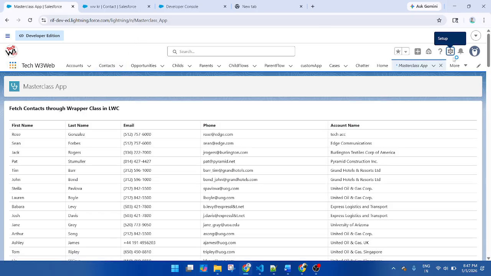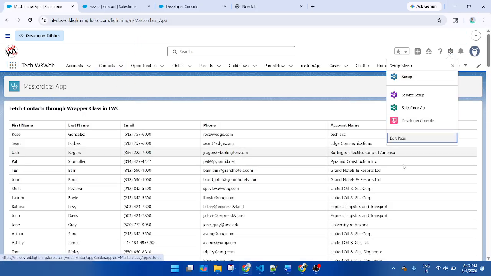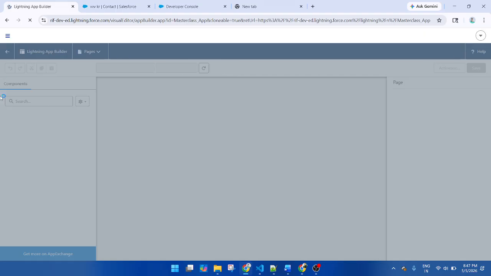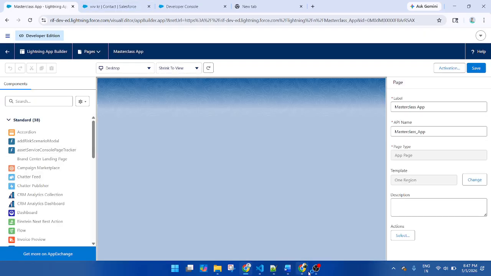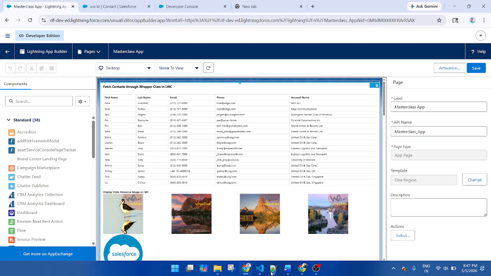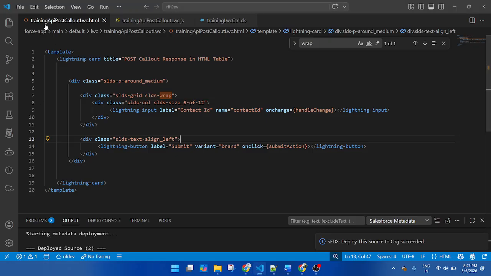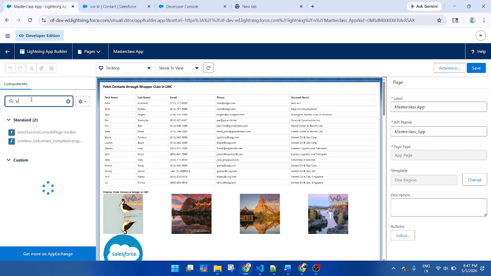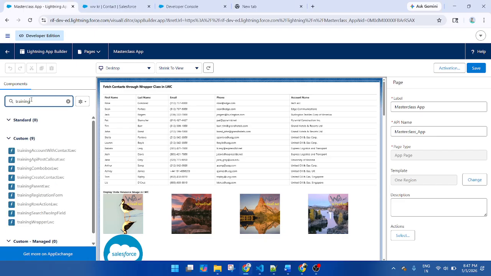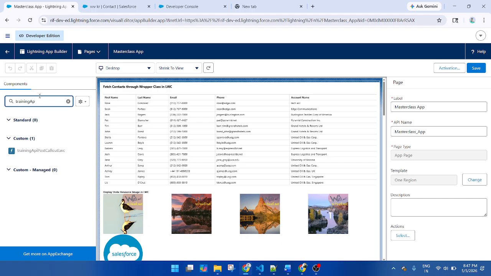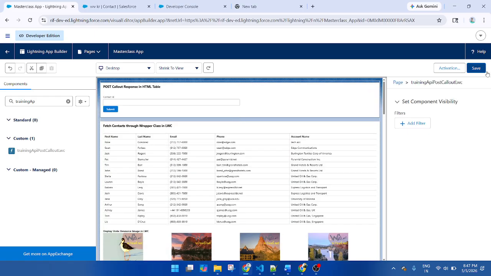Here I will call this component. My component name is training API post callout. This is my component. Simply select, drag and drop here.